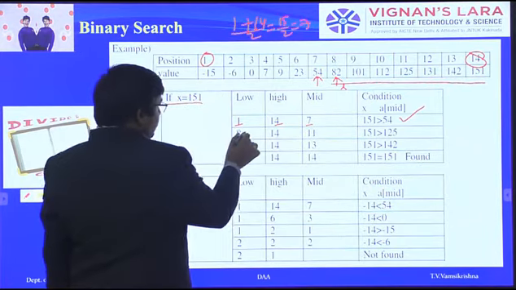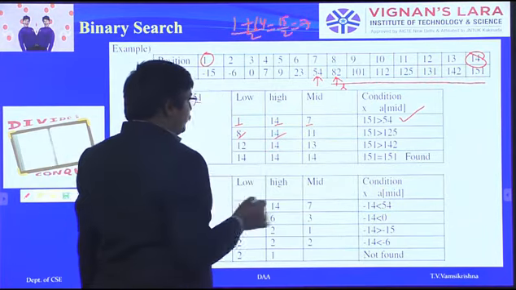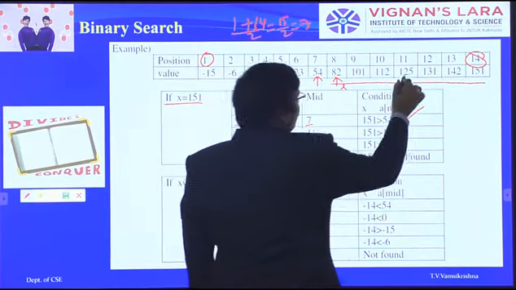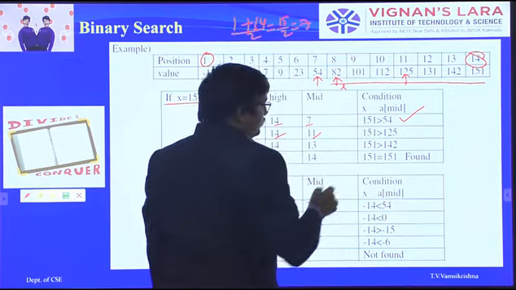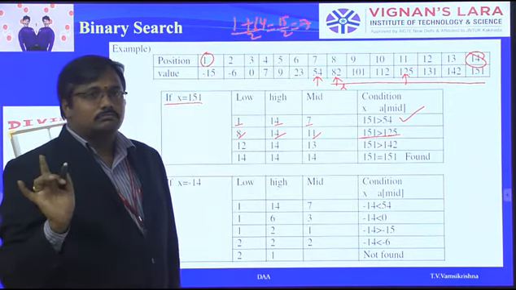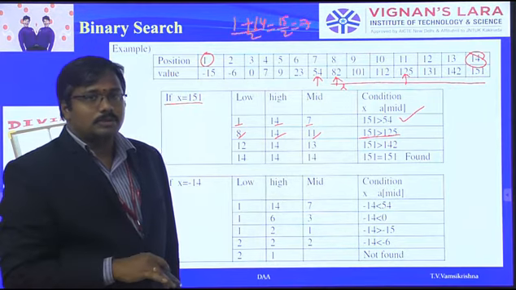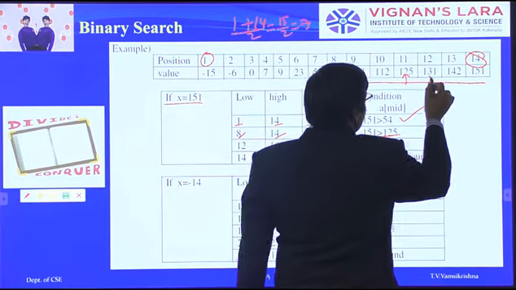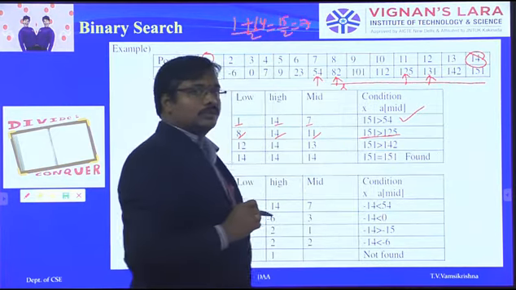That's why the least value is 8, highest value is 14 only. Again we are calculating the mid. So at this time the 11th position is 125, so we need to check with 125. Same. Not in the mid position, so right half. So the L value moves to 12.